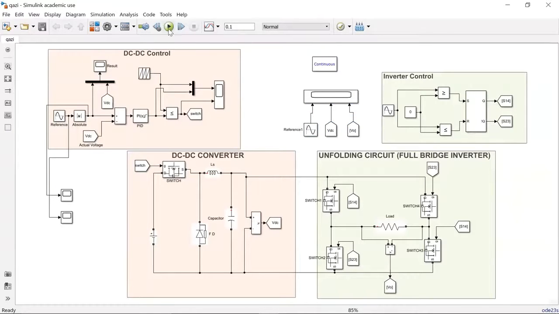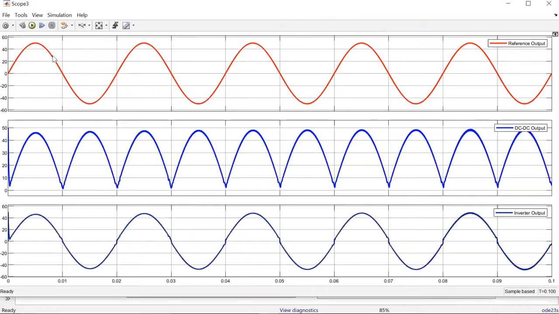So let's simulate the circuit. Let's run it. It is compiling, and yeah, it's almost done. So let's see the waveform. I'm opening this scope, and you can see the waveform. This is the reference output voltage that we want to generate.